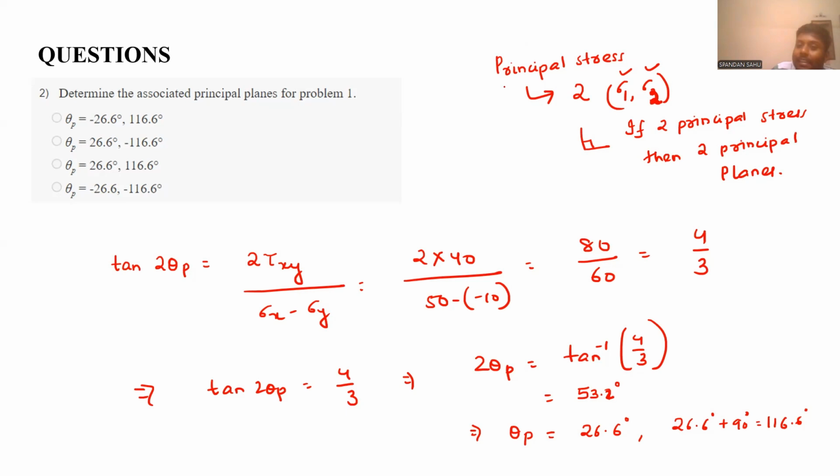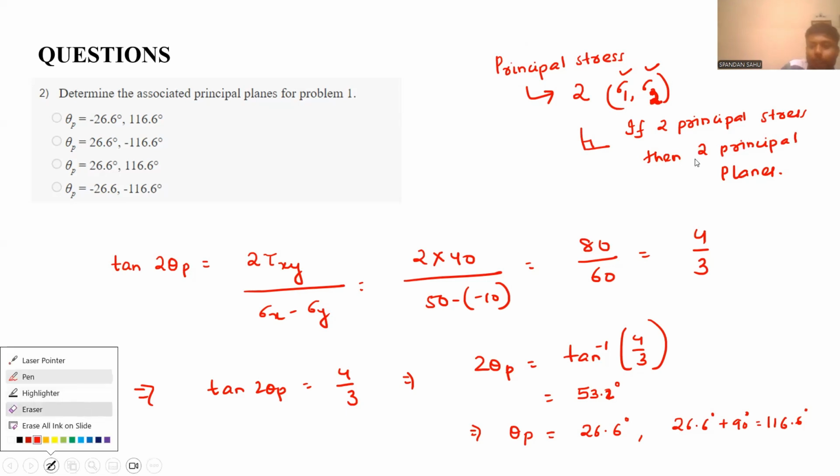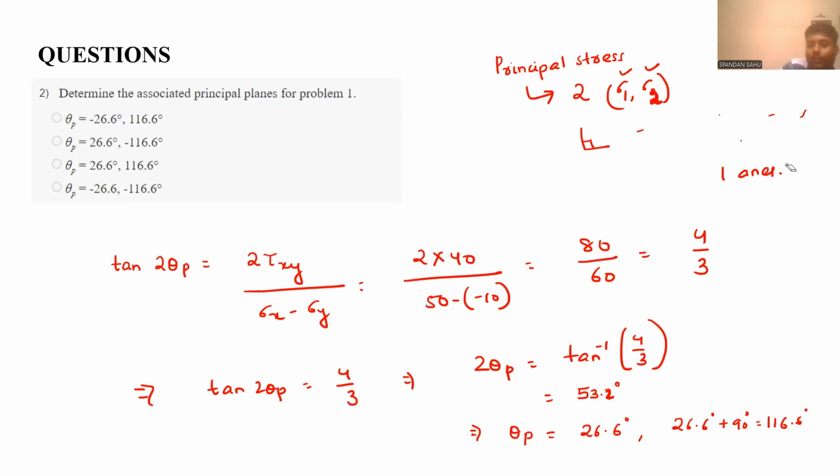Yes. I can see what you have written. Means is the screen visible or not? The screen is visible, but your picture has covered what you have written. Now, is it okay? The screen is visible, but your picture has covered what you have written. Okay. Let me erase this. If now you can see,